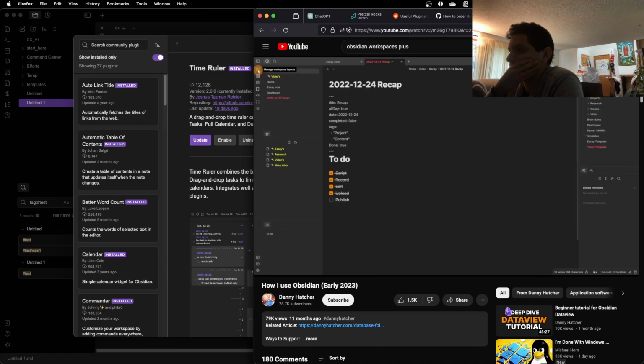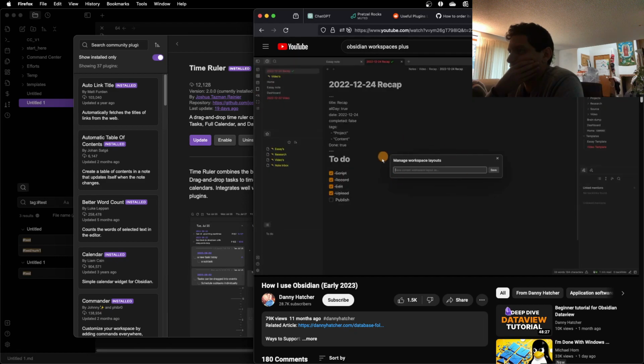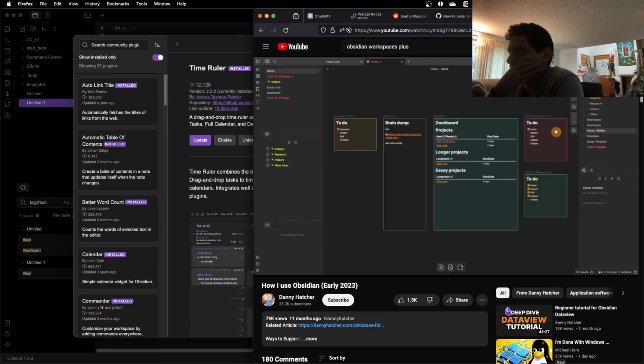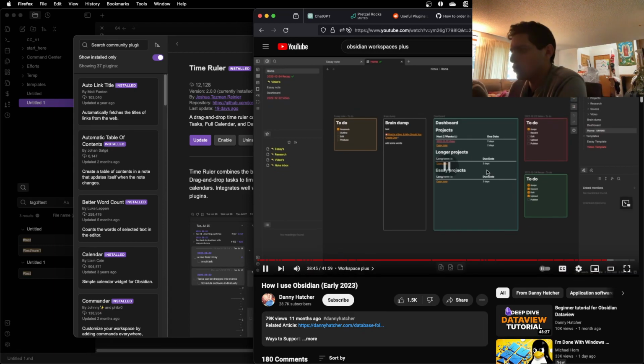So if we go to the left ribbon, we've got lots of other commands in here at the moment now, but we go to the top, we've got manage workspace layout, and this lets us save the workspace layout. So at the moment, this is the layout. We've got 2 tabs, we've got all of this stuff open, but we want a home layout. So I go to the home dashboard, I'm gonna center that, I'm gonna